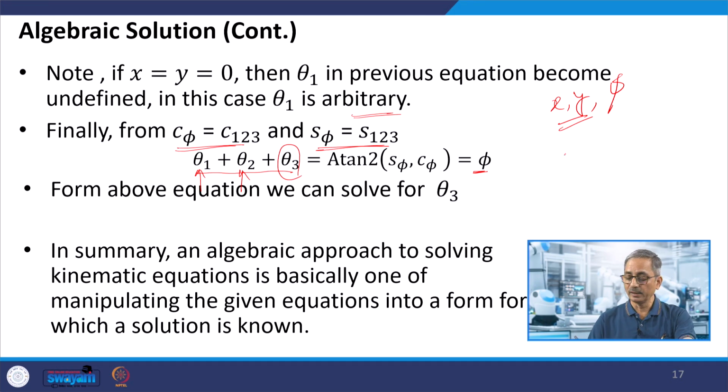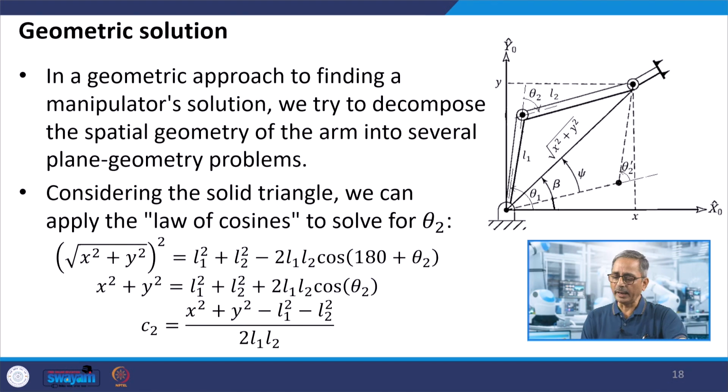And what we did, we evaluated the three joint angles, that is theta 1, theta 2 and theta 3. Next, let us look at the geometric solution. So, geometric solution is much simpler. Suppose this is your manipulator over here, and in this case we know that